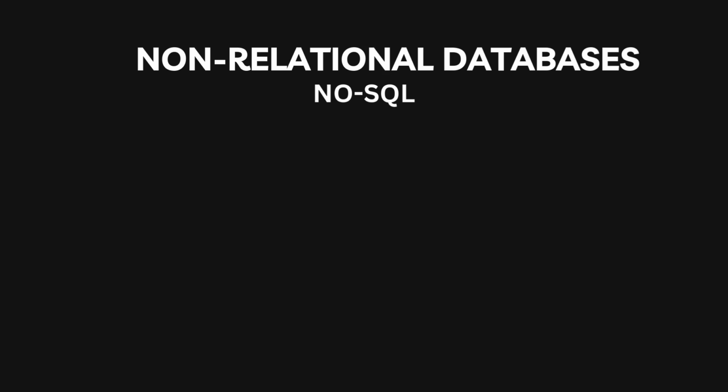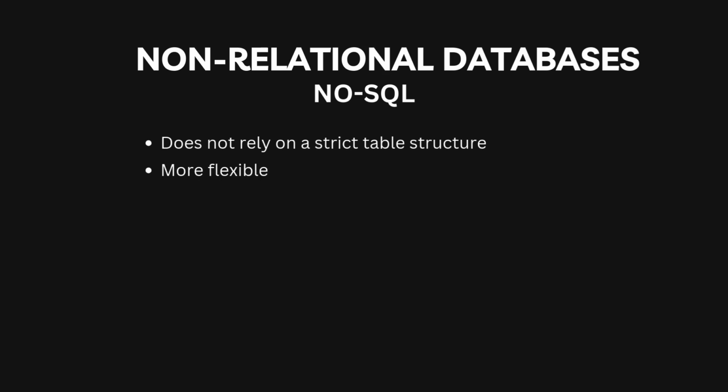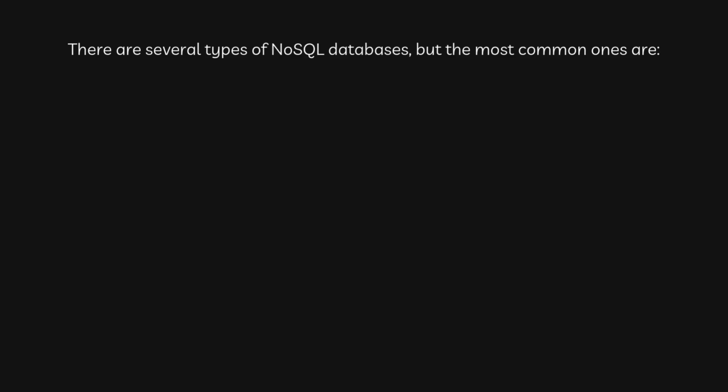Unlike relational databases, NoSQL doesn't rely on a strict table structure. Instead, they are more flexible and can handle a wider variety of data types. NoSQL databases are great for situations where your data doesn't fit neatly into tables or where your data structure might change frequently. There are several types of NoSQL databases, but the most common ones are document-based databases like MongoDB, which